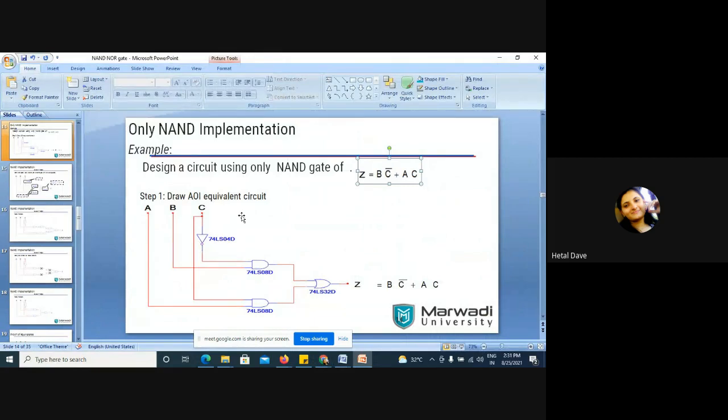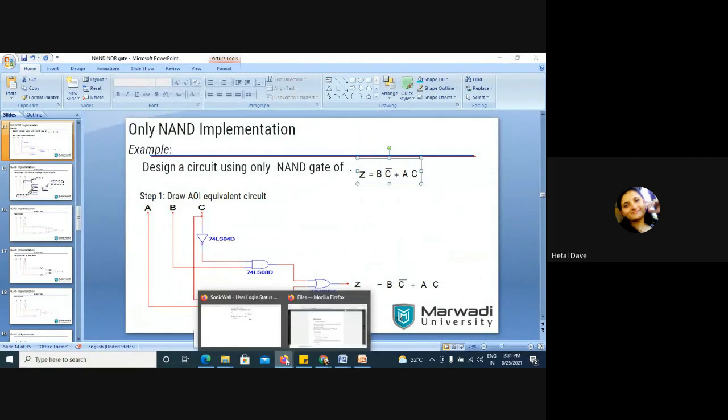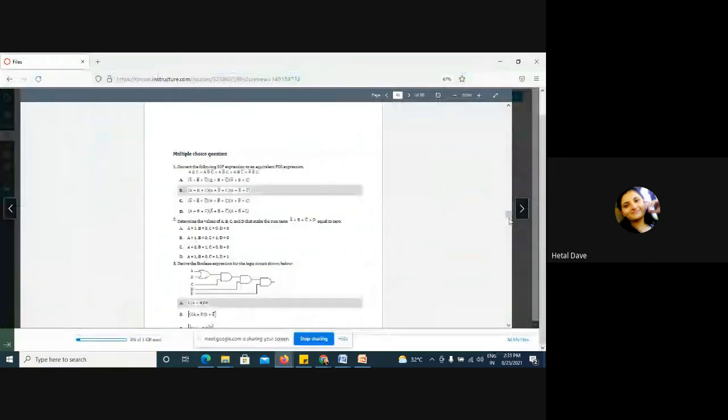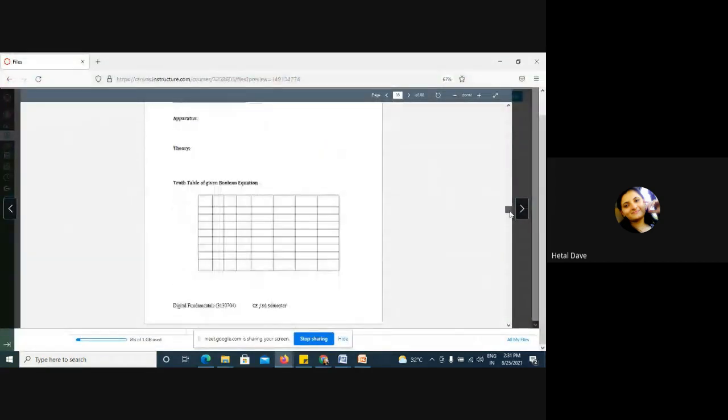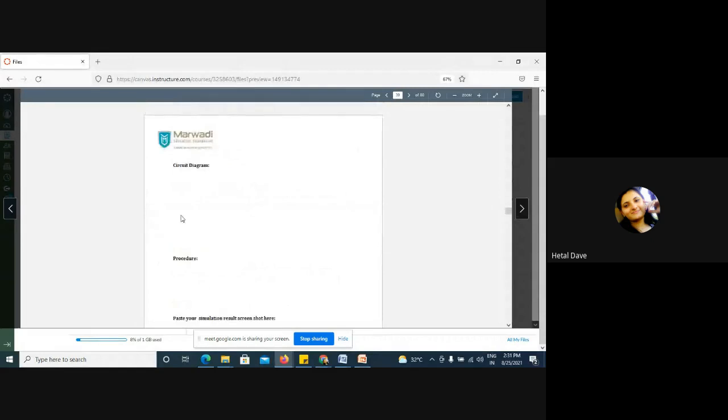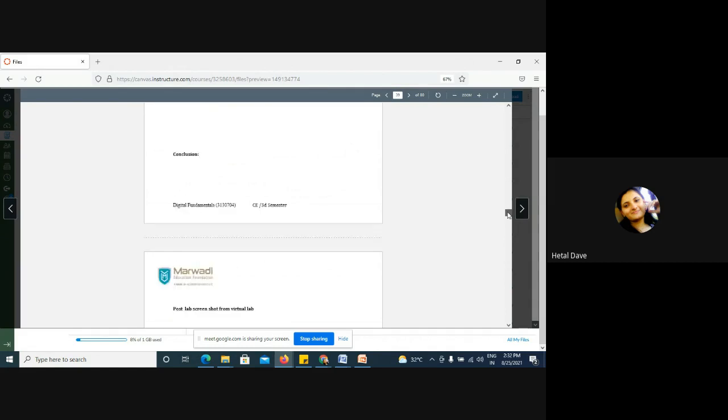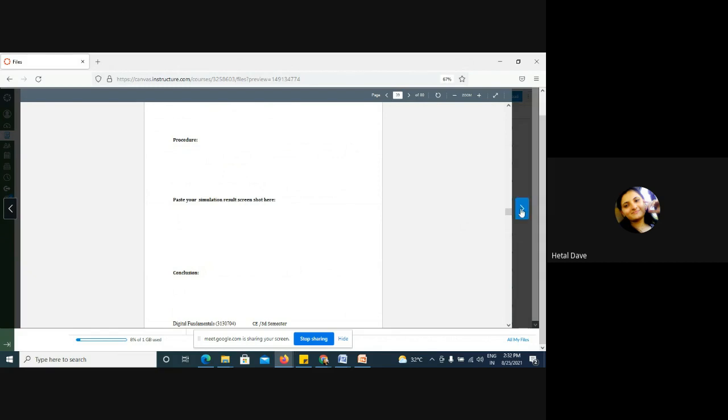If the circuit is shown properly, then you should take a photo and put it here as the diagram. So whatever you are doing right now, please do it properly so you can have a ready-made photo which is made by you only. Procedure you should write, and the simulation screenshot you need to put here.